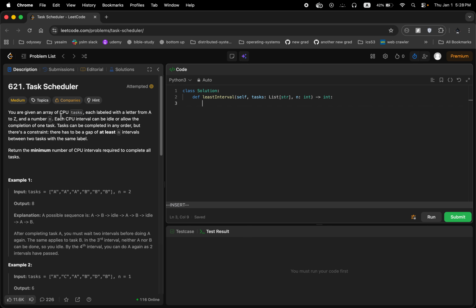So you're given an array of CPU tasks, each labeled with a letter from A to Z, and a number n. Each CPU interval can be idle or allow the completion of one task. Tasks can be completed in any order, but there is a constraint. There has to be a gap of at least n intervals between two tasks with the same label. Return the minimum number of CPU intervals. So what we have here is an input of tasks,